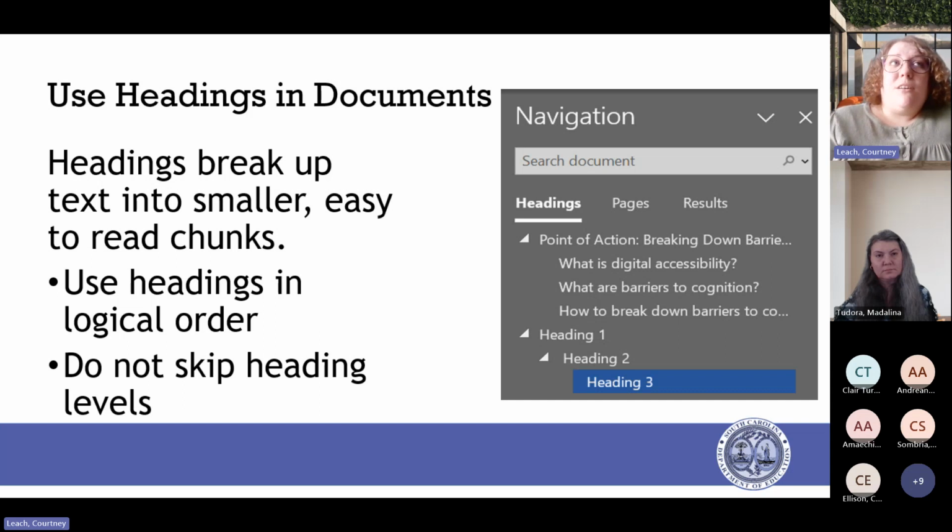That's actually just what you name your document. So don't think about title as being part of the document. That's just the name of the document. So heading 1 should really be what your title would be. And then heading 2 would be a subheading to that, heading 3 just below that. Make sure you use those in logical reading order and don't skip levels.